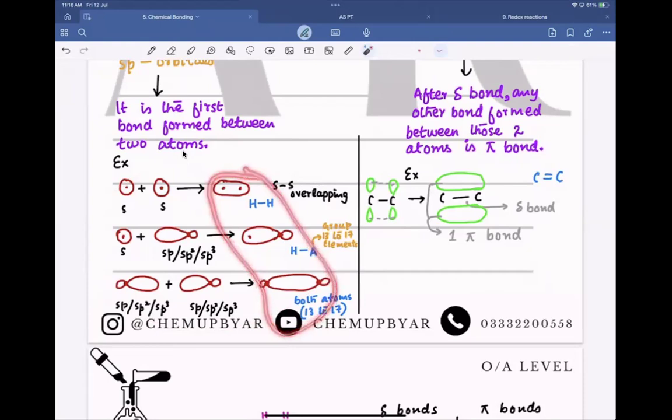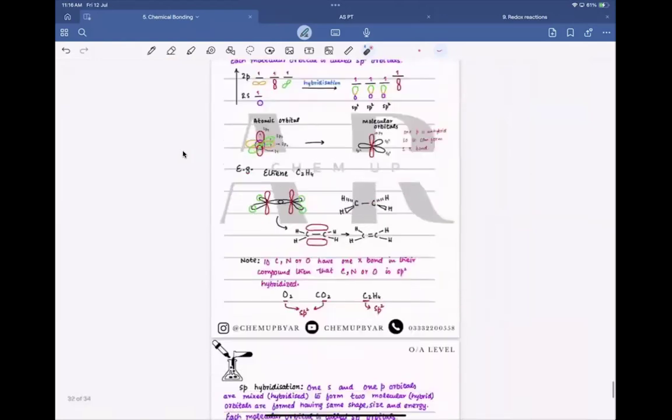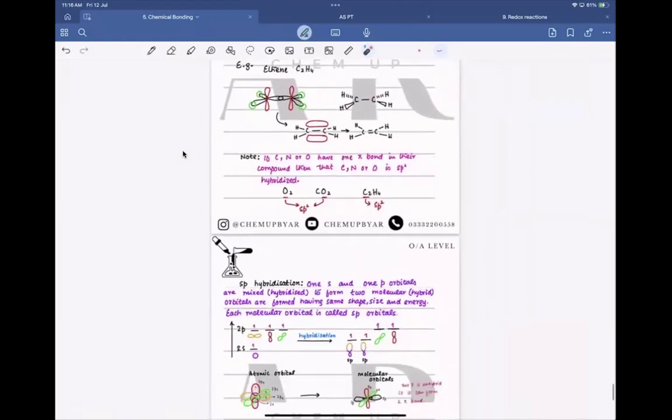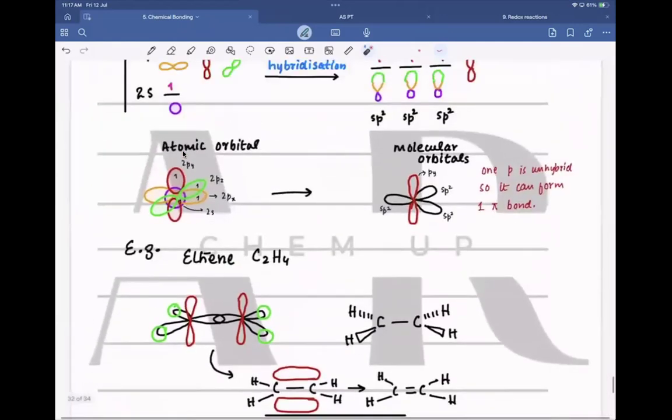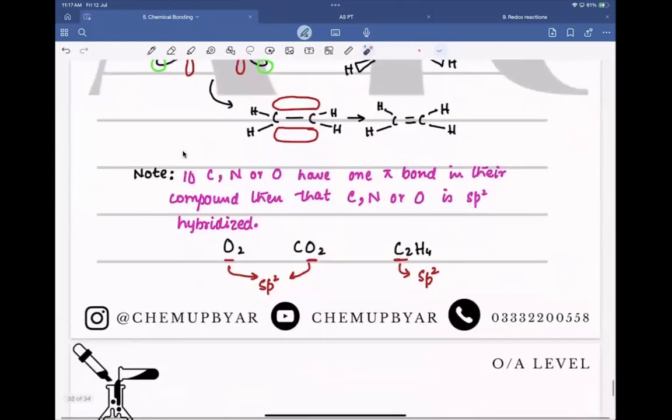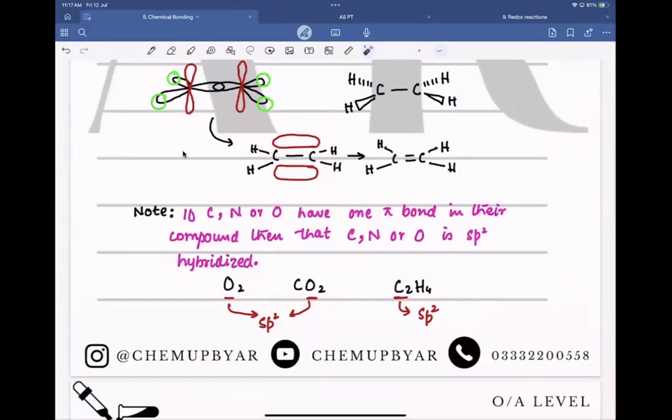And for the pi bond, we have to draw like this. So see, if carbon, nitrogen, or oxygen has one pi bond in its compound, then that carbon, nitrogen, or oxygen is sp2 because one of the p orbitals is left unhybridized. That's what we discussed. For example, if I take the example of nitrogen,